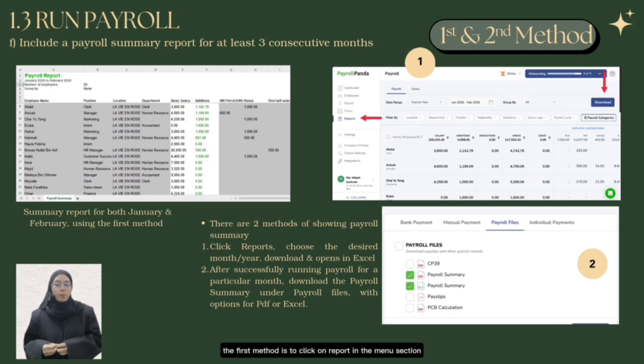The first method is to click on report in the menu section, select the desired month and year, and download the report, which opens in Excel. An example of this method is shown here, where the payroll summary report for January and February 2026 are generated